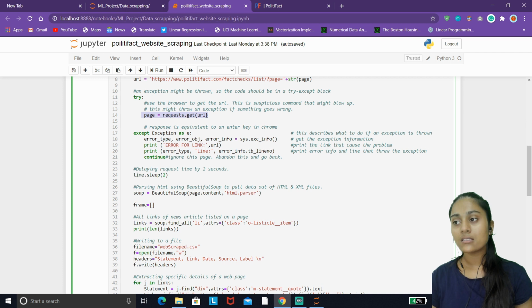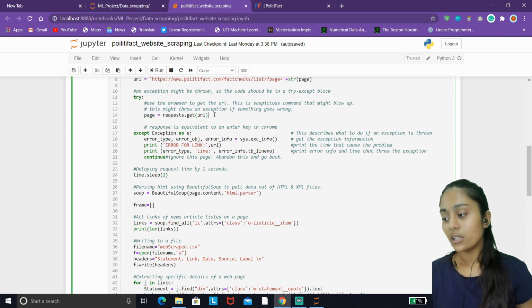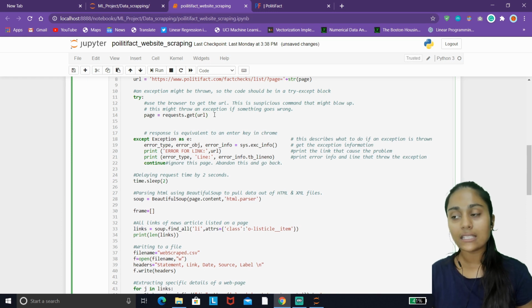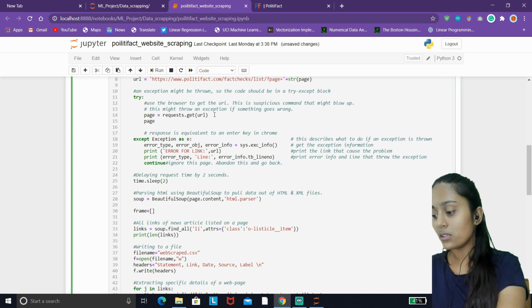We pass this URL as an argument to the get function, and we send an HTTP request to that website's server, and the HTML content is downloaded and saved in this particular response object. To see whether you have downloaded that HTML content successfully or not, just type this command into your IDE: status code.